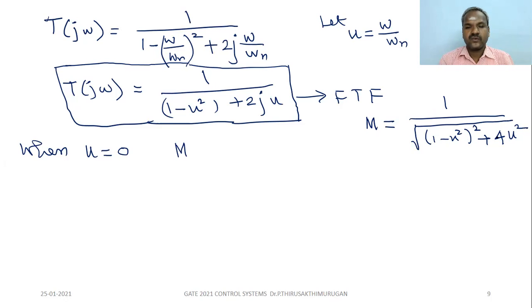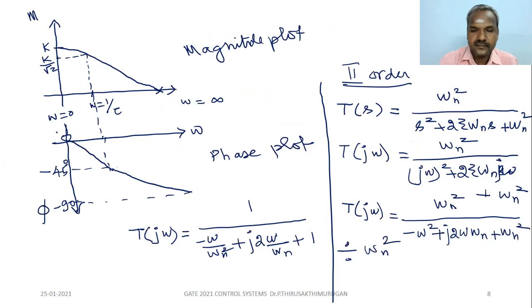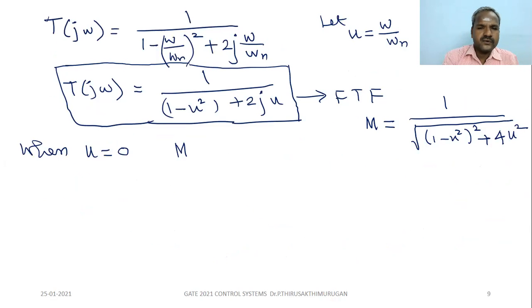Okay, 4u square. So real part square plus imaginary part square, 4u square. Sorry, this is the one 2 zeta, right? So here, sorry, you add zeta here. I forgot this. So 2 zeta u, here also 2 zeta u. So 2 zeta u, 4 u square zeta square. So now, what is the phase angle for this?